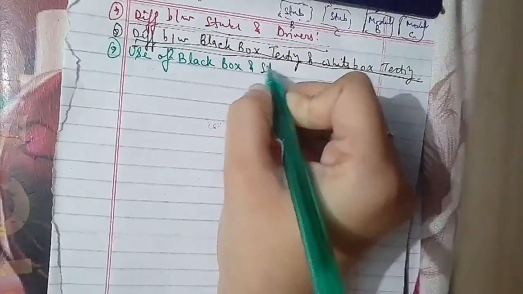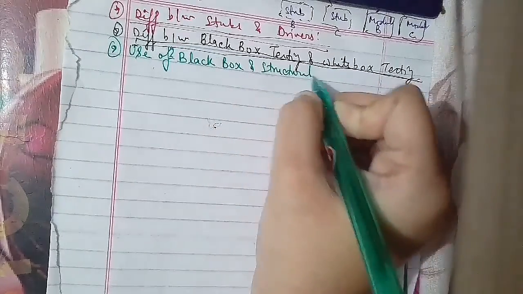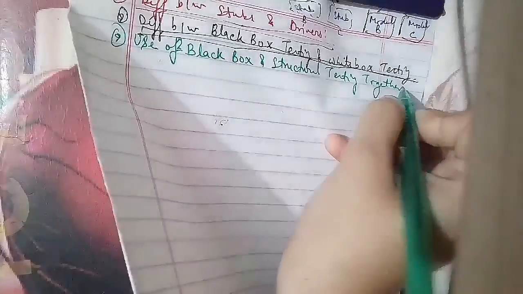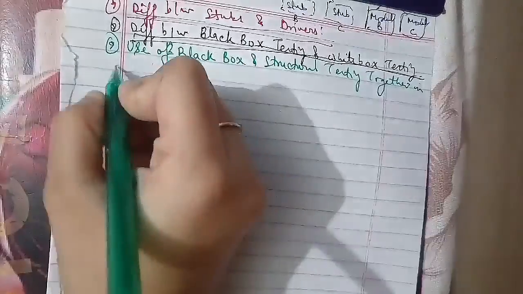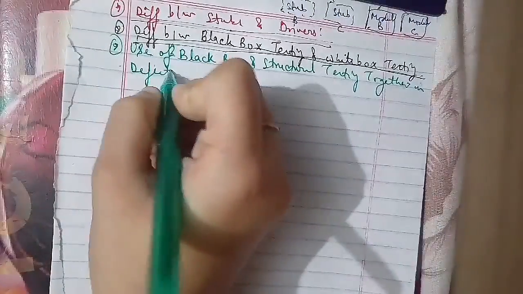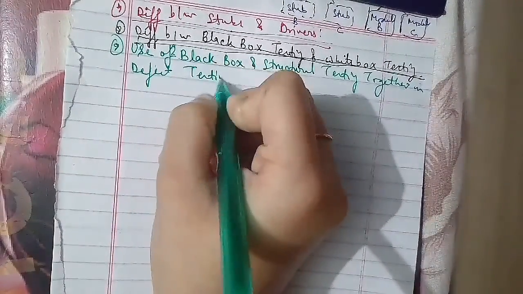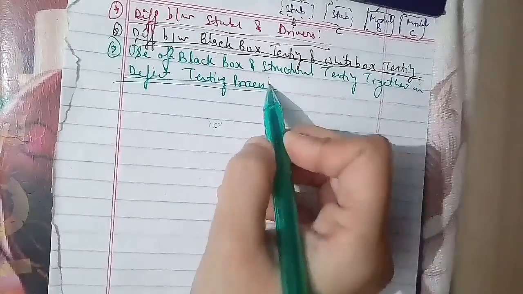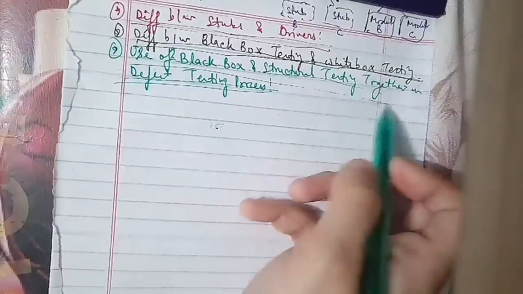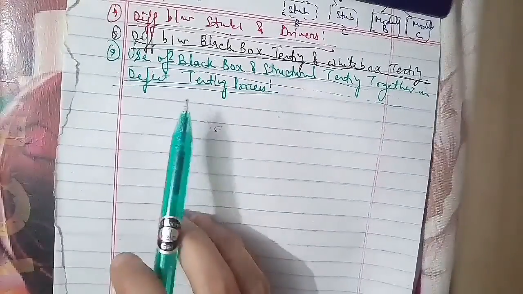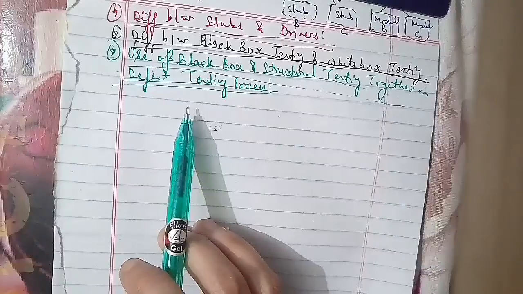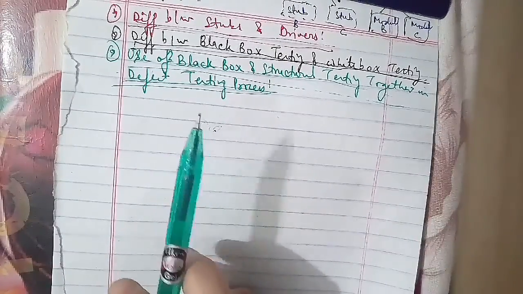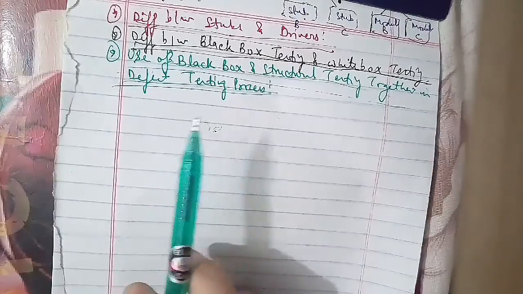The first step: initially each component of the system is tested individually to check whether the functions are working properly or not. This type of testing is called unit testing, and this is white box testing. Second, all the tested components are integrated or assembled to form an integrated software package. At this level, integration testing is conducted, and this is a black box type of testing.